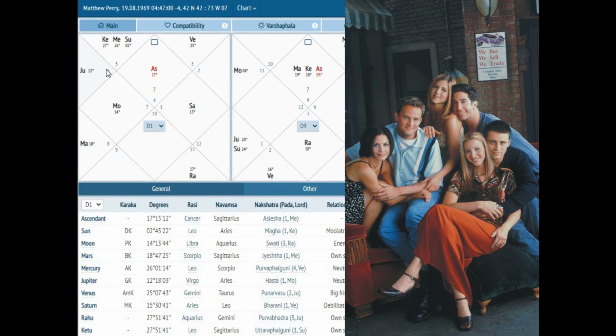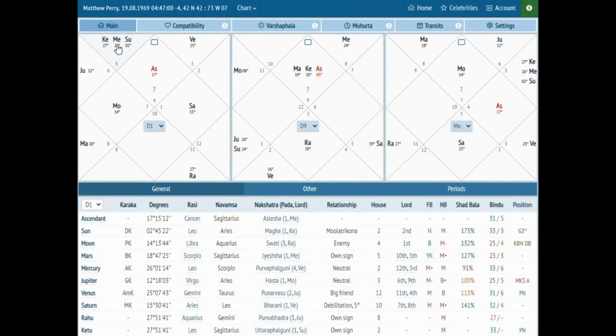And Jupiter is also connecting to all these planets, and you can have an even stronger philosophy and intelligence, because Jupiter is for knowledge and philosophy, Mercury is for intelligence, and all that together